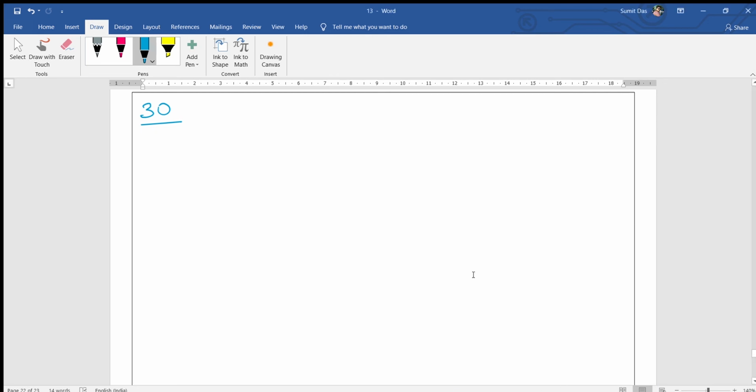Question number 30. Make sure everyone has your book open, page number 312. Question number 30. First, I'm writing the f(x), whatever the f(x) we are given. f(x) equal to